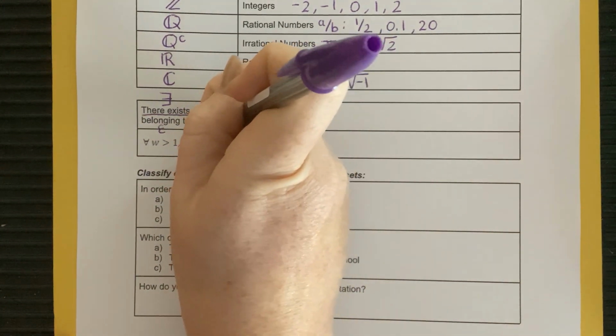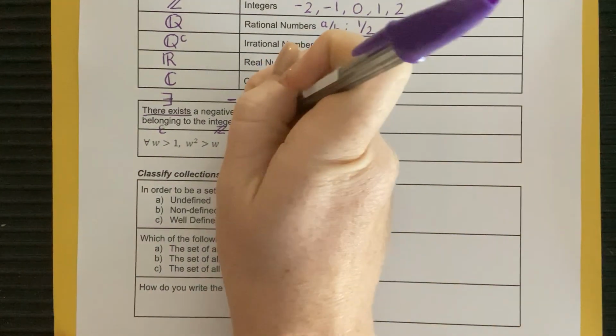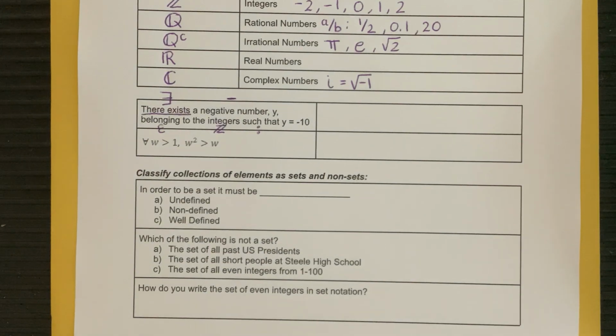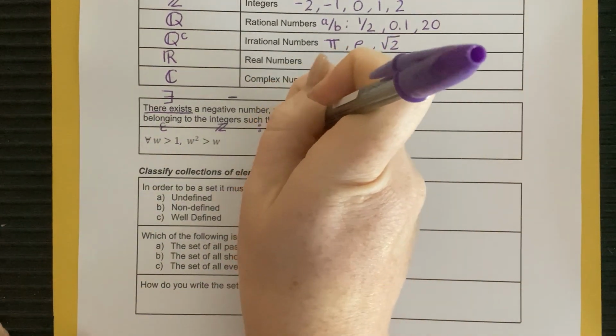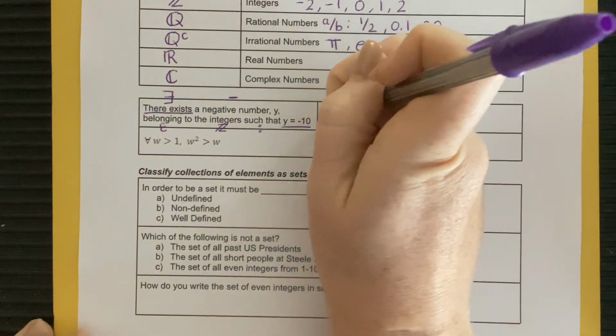The integers are written as double-bar Z, such that, and I like to use the colon. Some people like to use the bar, doesn't matter. And then we have this equation y equals -10. Okay, so if I wanted to start to plug all that stuff together, I'm going to start with the there